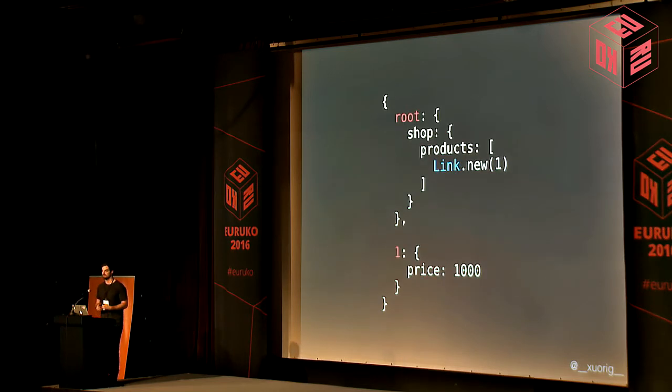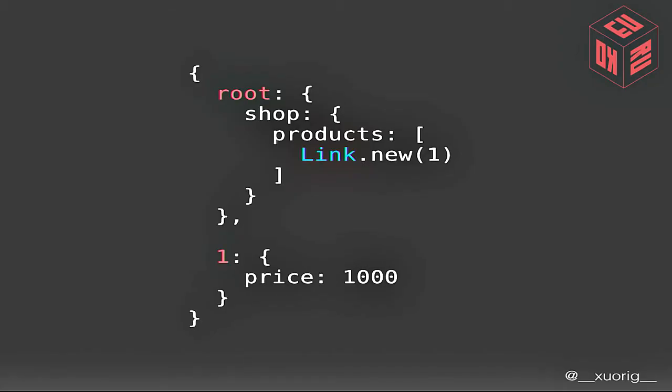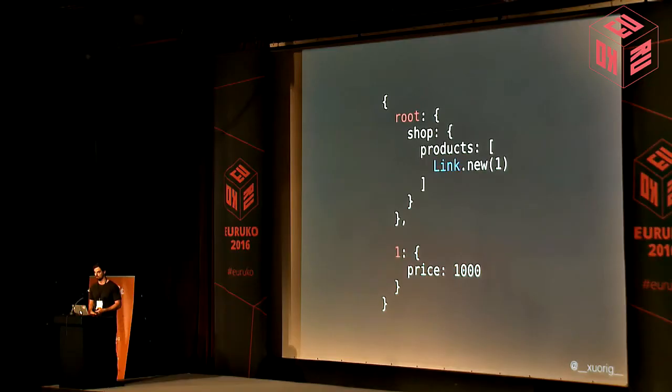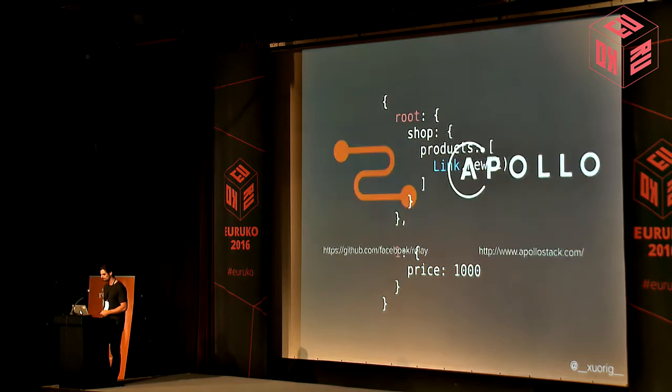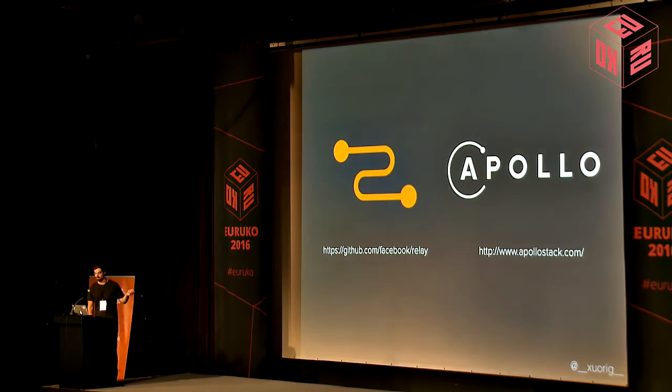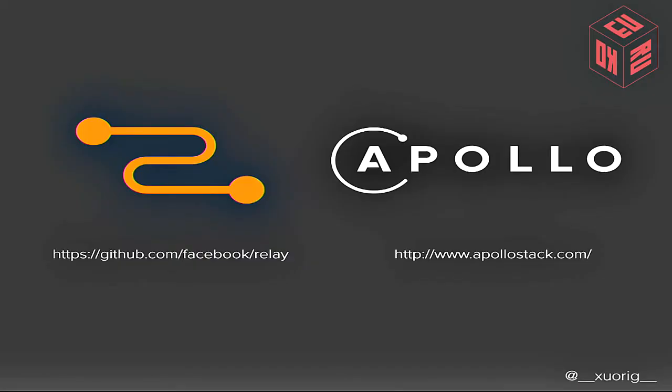So what ends up happening in our client-side caches is we're going to use links. We're just going to normalize our data, something like this, right? Products, instead of having the actual product here, we're going to have a link towards the actual product. And now both queries are in sync because they point to the same product. And Apollo and Relay are 2 examples of client-side caches, and they're really awesome. And the reason why they're so awesome is that having a client-side cache not only resolves that problem where we lost HTTP caching,